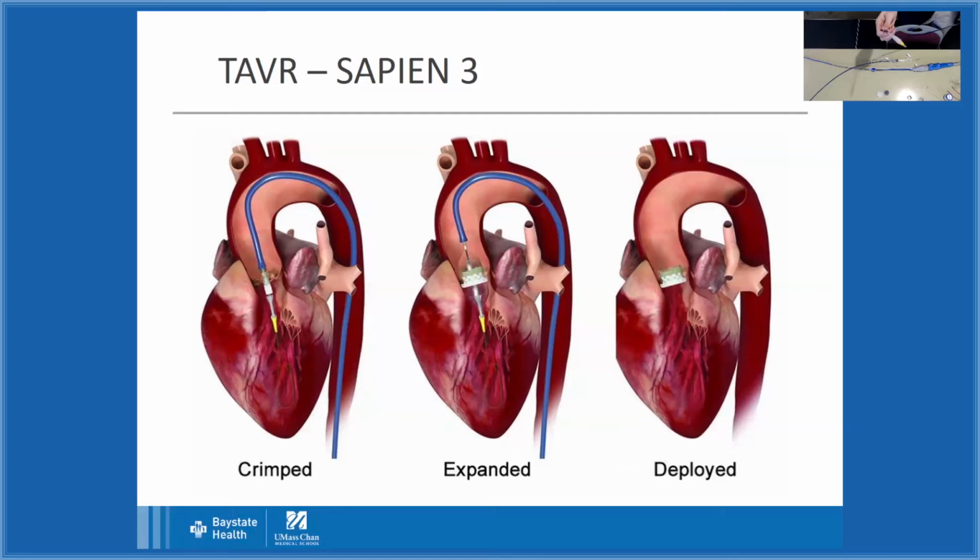And you can see the end of the catheter has a balloon on it. So what happens is the valve prosthesis is crimped onto the balloon. The whole system is advanced through the artery in the leg up to the heart, and then as shown in the diagram here, the balloon is inflated and the valve is deployed. The balloon is then deflated, the valve stays where it is, and the whole system is removed, and this is